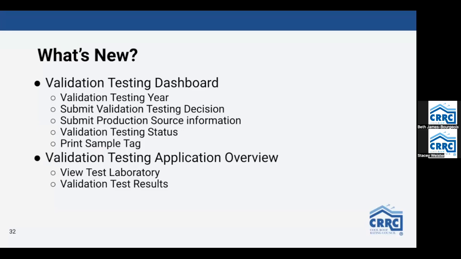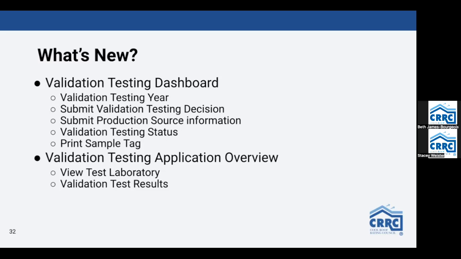we will take a look at the changes to the CRRC Online Rating Portal, where all decisions and actions related to validation testing will be made. So what's new? You may have noticed when logging into the portal that there is a new validation testing dashboard. This is where you can see the year that your product is due for validation testing, where you will submit your decision on how you want to proceed, enter production source information, monitor the validation testing status, and print the sample tag,